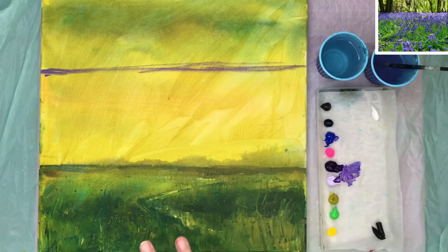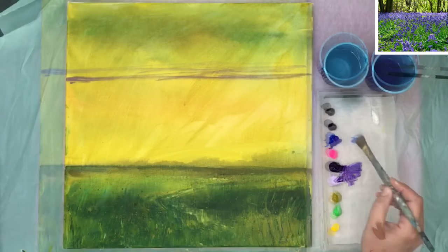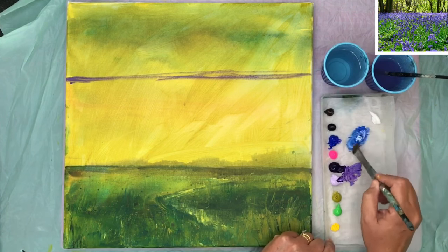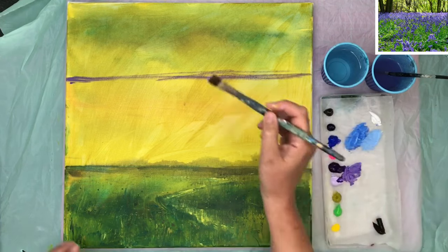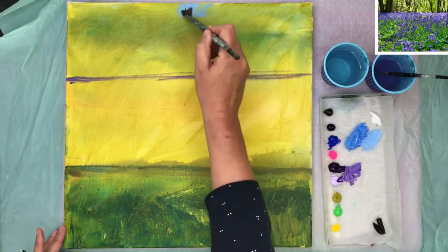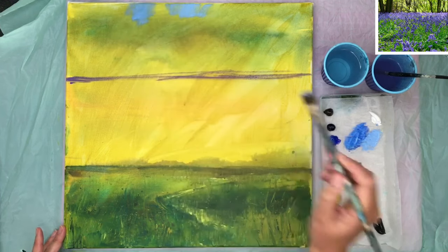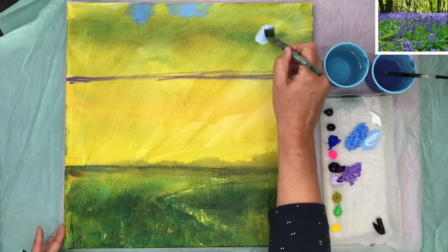First thing I'm going to do is paint some of my background for my trees, but also I'm going to paint some grasses in as well. Now I'm using the acrylics with no water. I'm not going to use them like watercolour, I'm actually using them creamy like oil paints. So I'm just putting that in the top area just because you've got a little bit of sky poking through